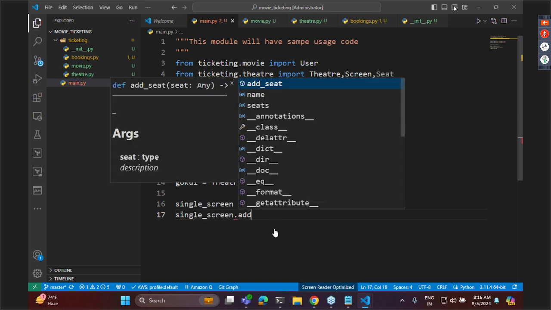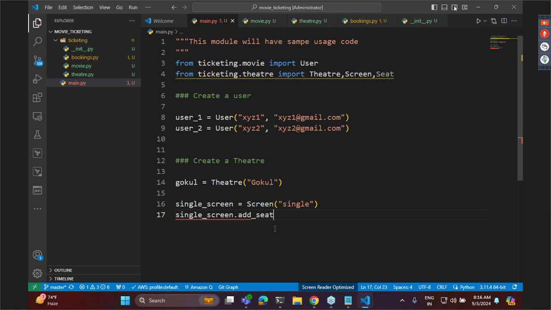Single screen dot add seats, but I don't have seats. So what I'll try to do is I'll try to do for